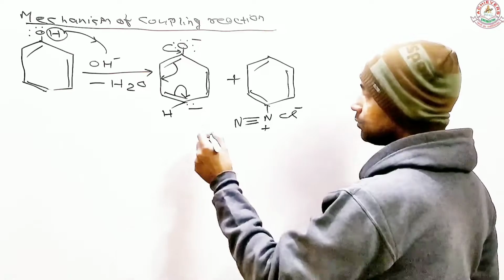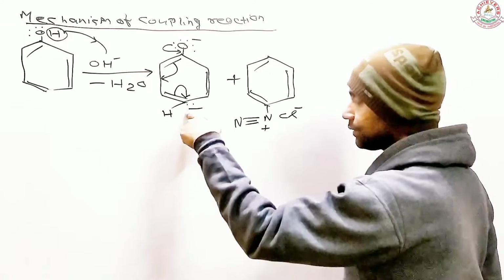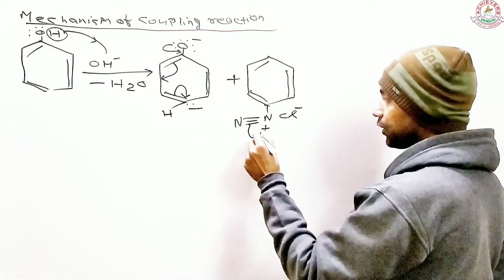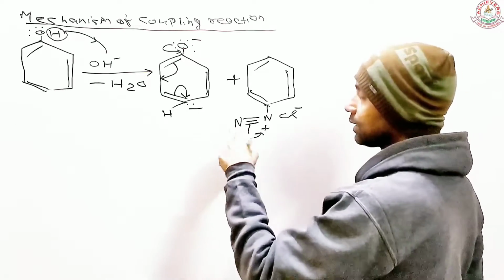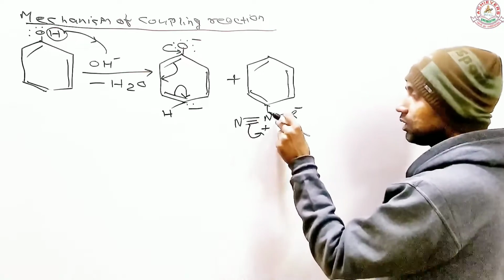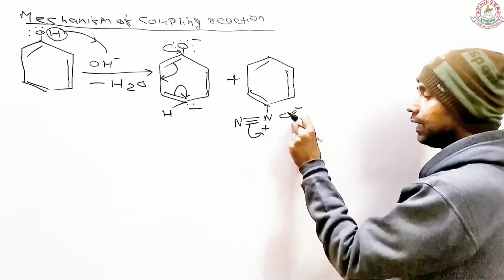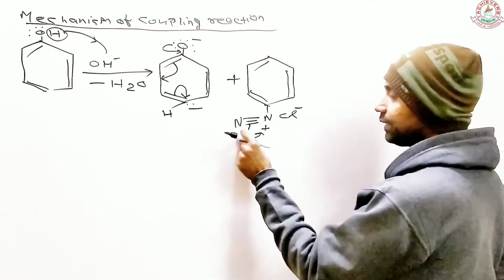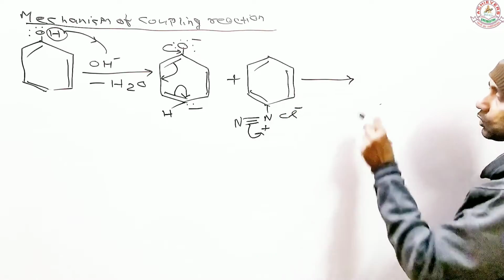This para carbon of the phenoxide ion is electron rich, so one of the pi bonds shifts towards the nitrogen. As a result, this becomes positively charged, and once the pi bond shifts to the nitrogen, there is no force of attraction between the nitrogen and chloride. Therefore the chloride leaves its position and remains in the solution, and that's the reason you get this product. Let me draw that and show you what happened here.